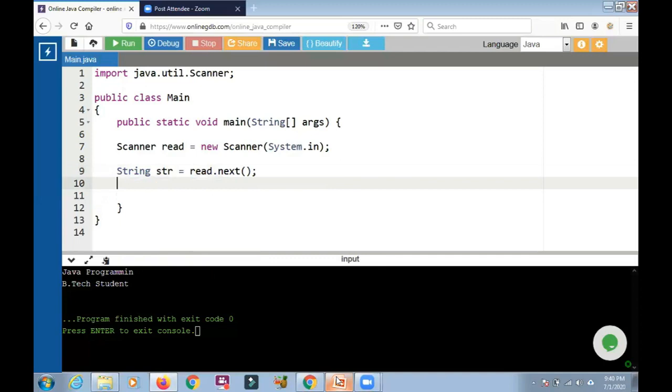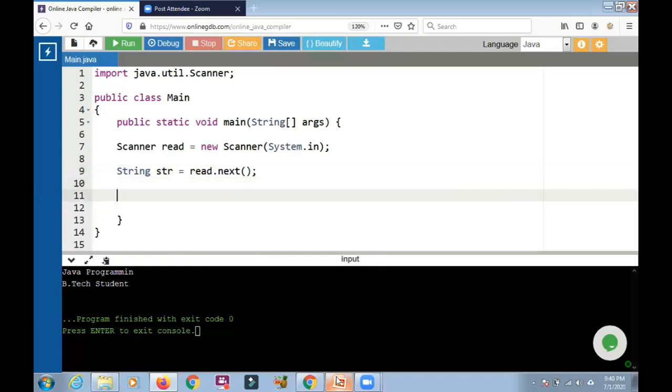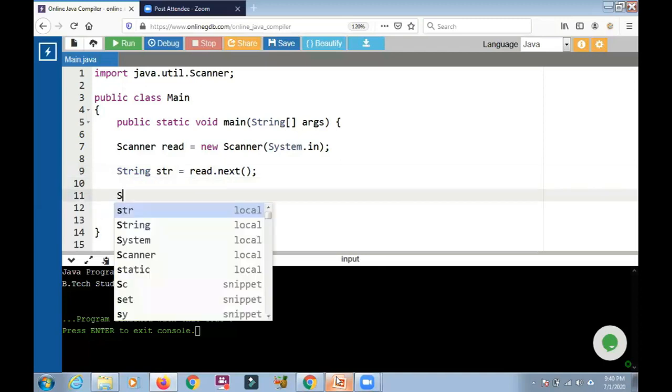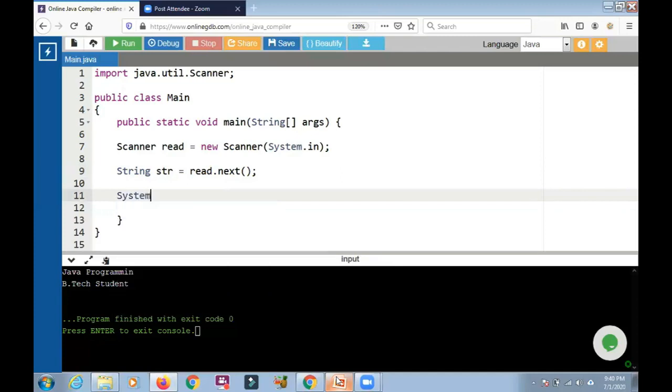Then I am using the println statement to display that string. I am running the program. It is waiting for the string. Then I am entering a string, Ratna Kishore. Then it displayed the same thing.